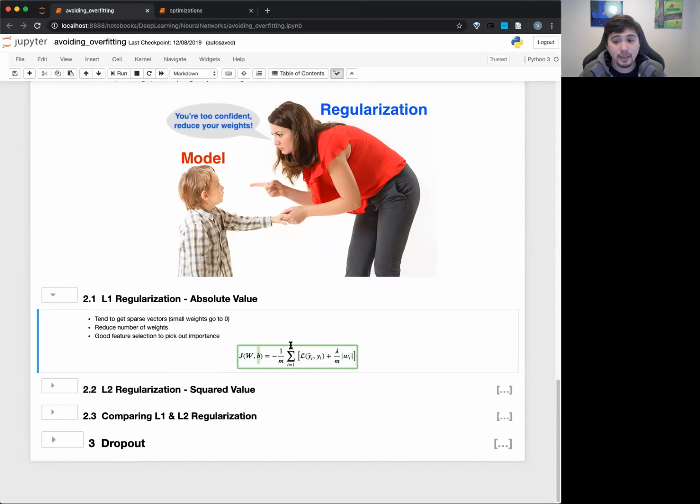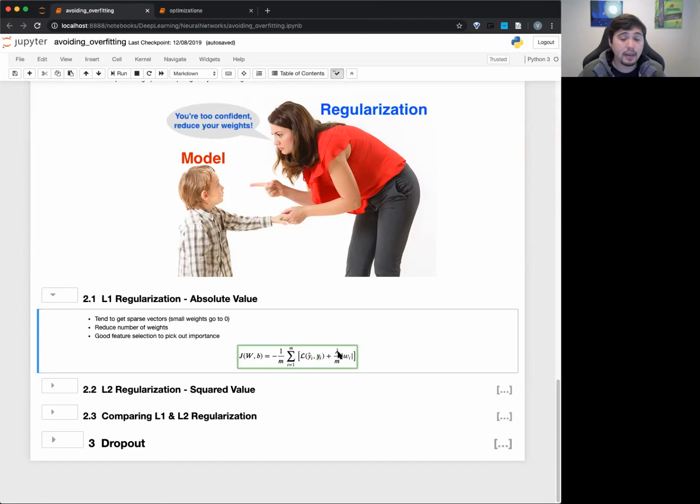This loss function goes through each of the data points, 1 through m. This L represents the loss function. Y hat is the prediction based on the model, and Y hat i is that specific data point. Y i is the actual true label, what it should have been labeled as. You can define the loss function however you want; it says how bad our prediction, Y hat, was from the actual Y. Normally that would be it, right? We just try to minimize this cost function and sum it over.